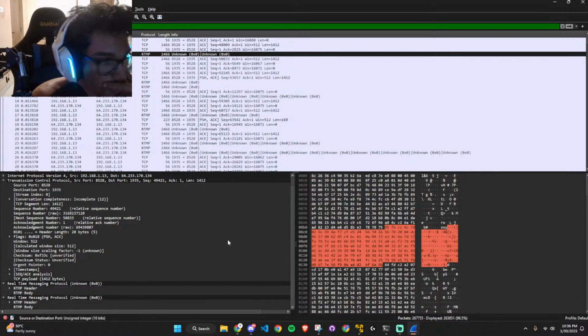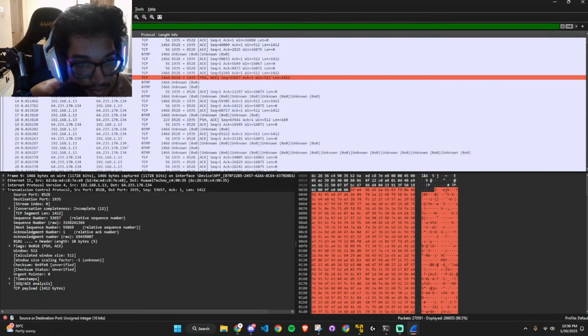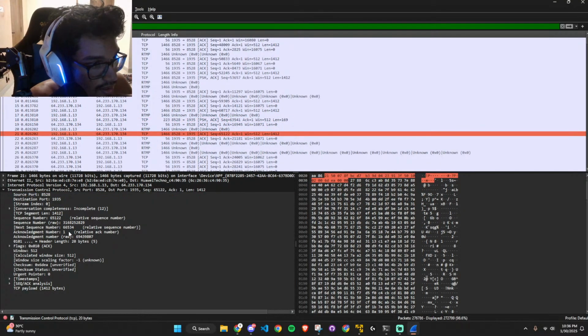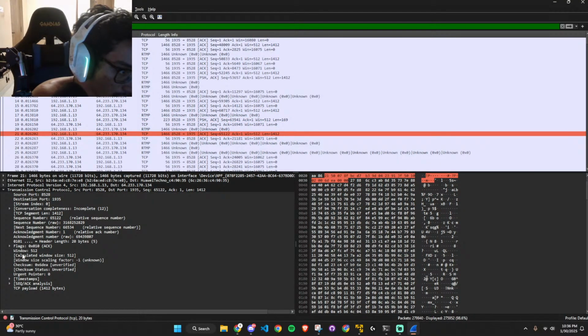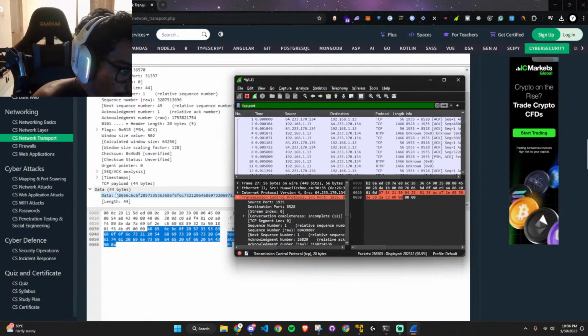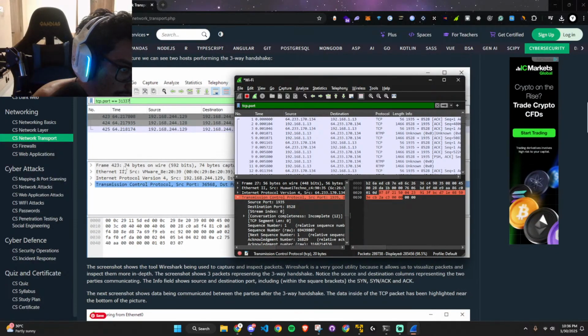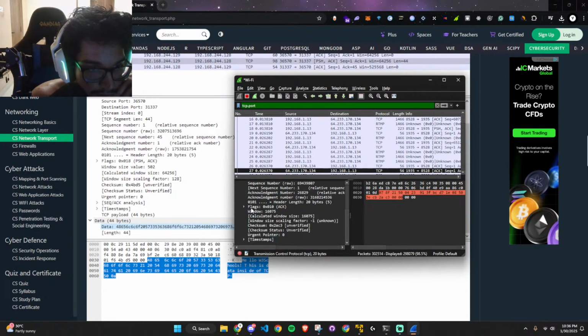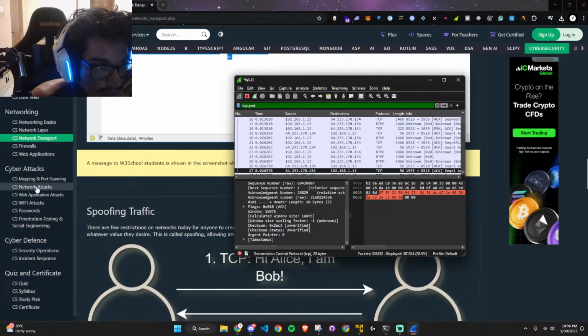Oh, it's obviously encrypted, so that's what I can see here. Can I? Because I can sniff if I have access to this. So obviously he's using the transmission control protocol and he's using data. So I don't see data here. So what I'm going to do instead is probably